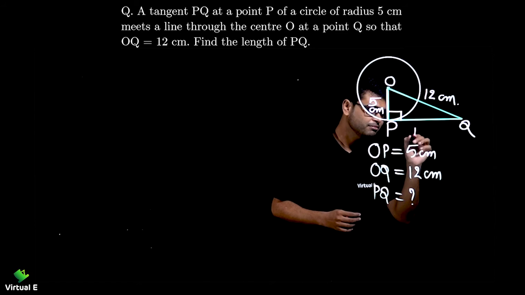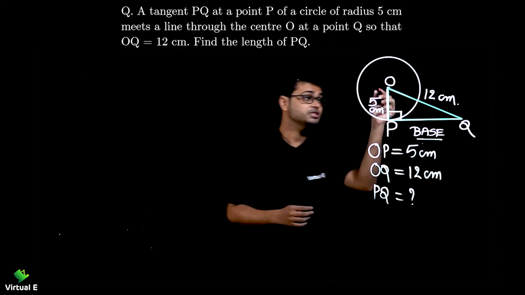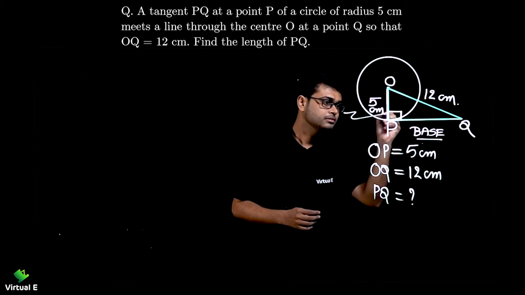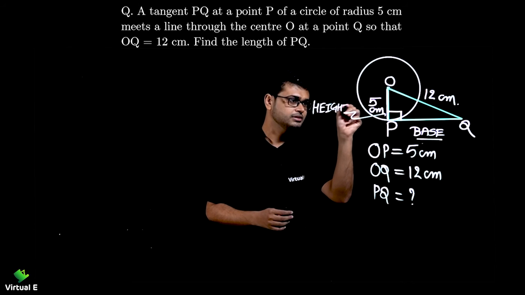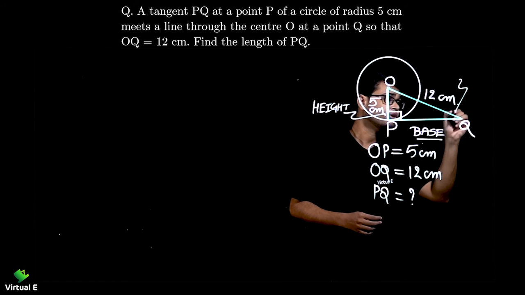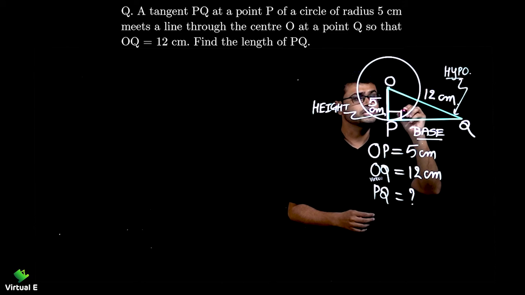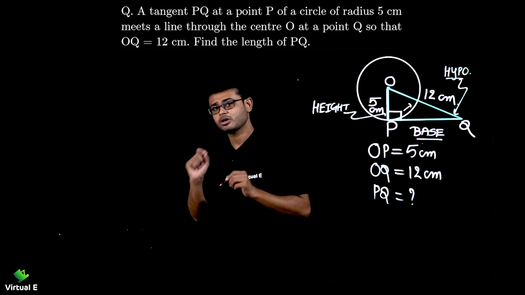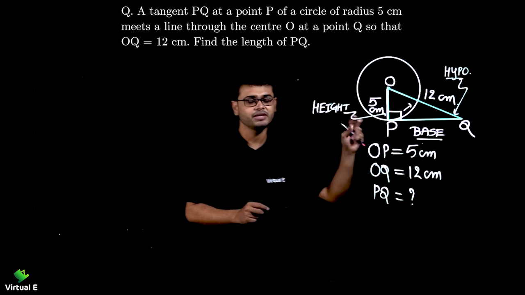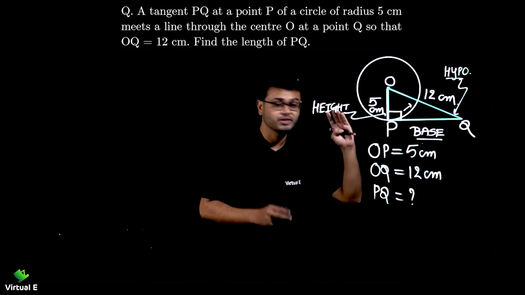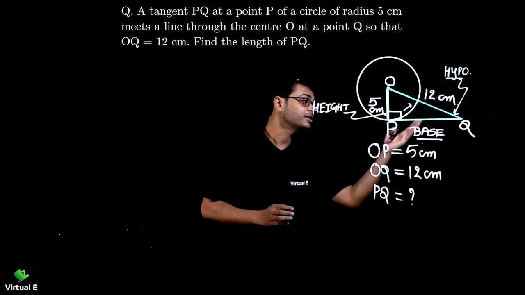Let's start. This is the base. This is your base. Done. This is your height OP. Height. Then this is your hypotenuse. This is your hypotenuse, opposite to 90 degree. Remember, hypotenuse is always opposite to 90 degree whenever you are confused. This is a very normal position if you have something upside down or left flip or right flip horizontally. Remember, so we need to find the PQ.